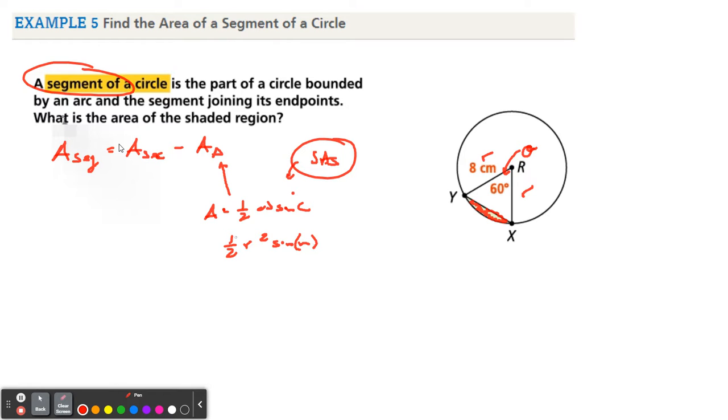I'll put that in parentheses. So there you go. We're going to use that. So in this picture here, I need to find the area of the sector, right? So to find the area of the sector, I'm going to find the area of the circle, which is pi times 8 squared, which is 64 pi. And then I'll take 60 out of 360